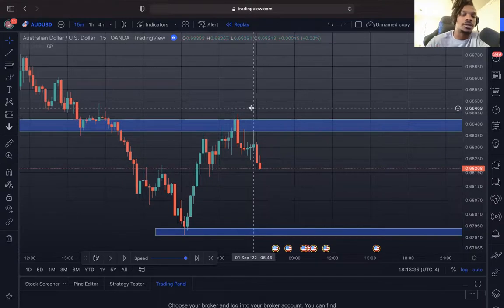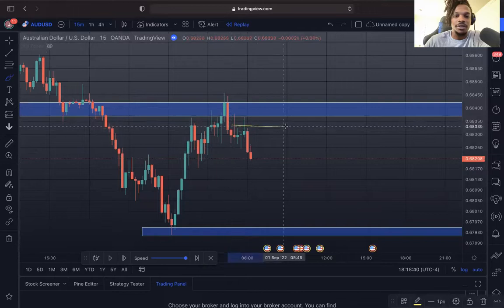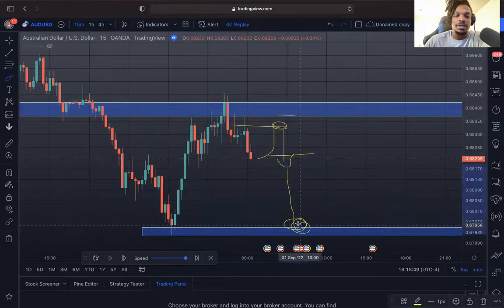But on this trade on AUDUSD, I was waiting for the market to come back around here and tap into this area. Once it tanked, I'd probably sell, put my stop loss above here, and have it come down into this area. So